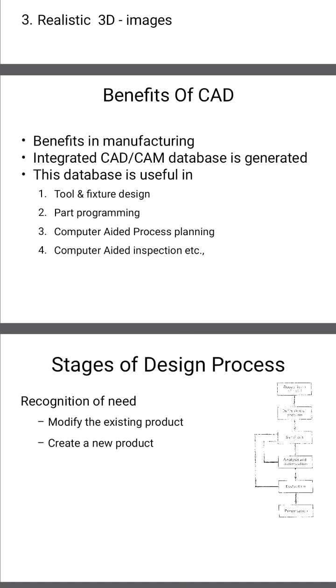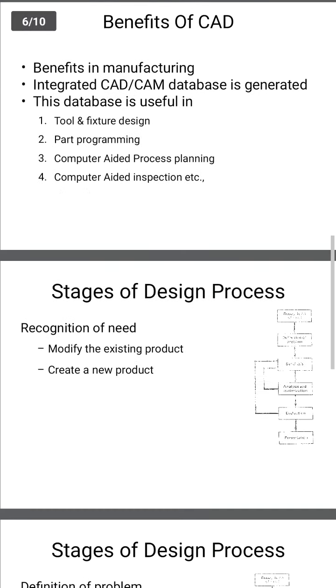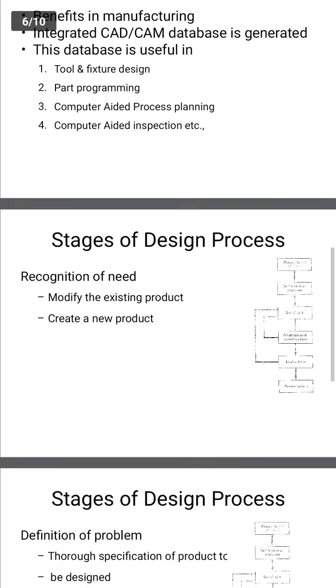Next, computer aided process planning. Computer aided process planning means there should be a process and planning: first designing, then the manual part programming, then writing the program, then sending it to manufacturing. These all are process planning. Next, computer aided inspection. After all this work, there will be inspection, whether a given size is equal or a given shape is correct or not. All these are checked. They also do inspection. That is called computer aided inspection.